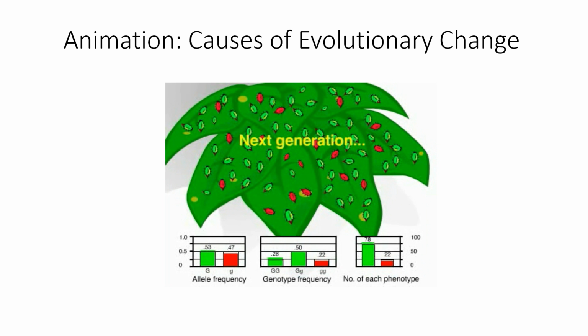Over time, this process of natural selection adapts a population to its environment. Under pressure of predation, the insects are becoming more and more green,